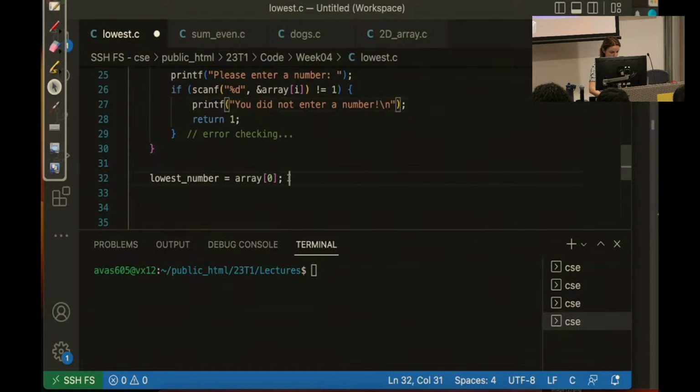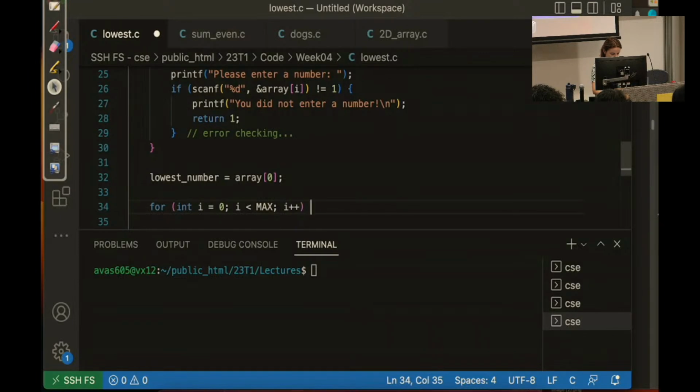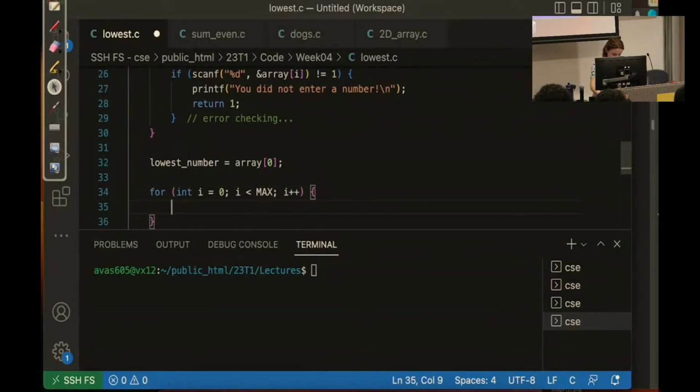Okay, so then I'll make my lowest number equal to the first element of the array, and then I need to go through the array again. So I'm going to loop through it again, and I'm going to have the same condition. So I'm going to traverse through the array, and what I'm going to do is a comparison now. So I'm going to check if my lowest number is greater than